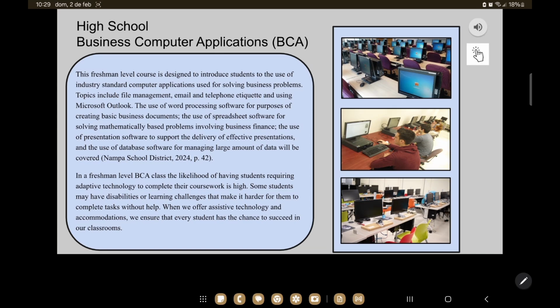I'm majoring in business education, and one of the classes that I will be required to teach, especially in the Nampa School District at the high school level, is Business Computer Applications, also known as BCA. This class is a freshman level class, and it is a requirement to graduate. During the class, the students will use computers to